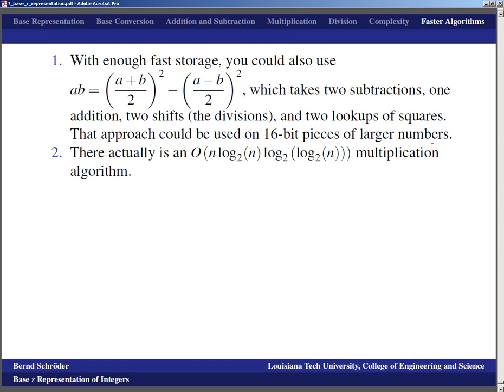There actually is an algorithm that is of the order O of n times log 2 of n times log 2 of log 2 of n, and I am not sure what that algorithm looks like. I think it's terribly complicated, and it may even be that that algorithm, even though it is fast in theory, isn't quite practical, and that sometimes also happens. I know that certainly is the case for an algorithm for matrix multiplication, and that is because that other algorithm I'm thinking about has a huge C out front here,